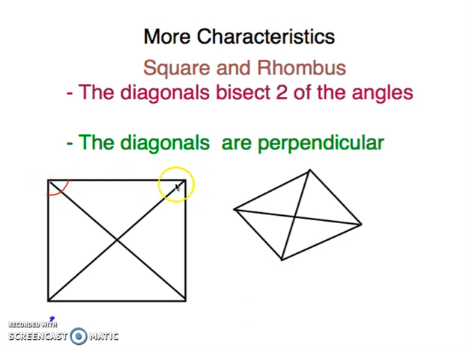So here we've got this. And I'm just going to draw these in for each of these sides, which means that these are congruent and these are congruent. The angles on the other corners are also congruent. One of the things we know in a square is that every corner is 90 degrees. So what we know is that if 90 degrees is cut in half, each of these little pieces right here are 45 degrees. So in every square, the diagonals cut every 90-degree corner in half to leave 45-degree angles on